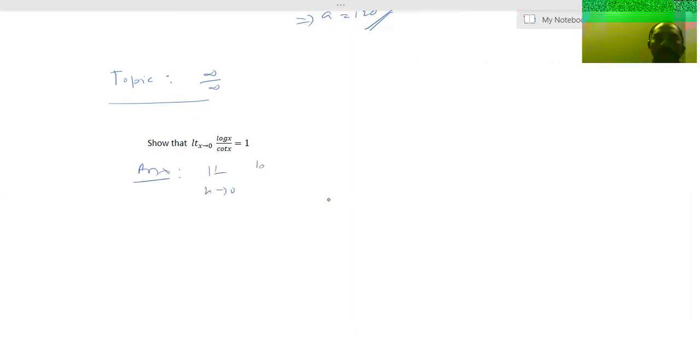Limit x tends to 0, log x by cot x. Log 0 is infinity, actually minus infinity. Cot x, cot 0: cot means cos by sine. Cos 0 by sine 0 means infinity. Don't bother about the sign. It is infinity by infinity form. So we apply the L'Hospital rule. By applying L'Hospital rule,